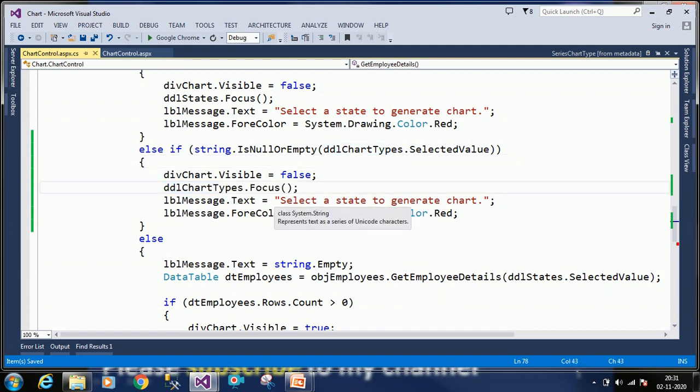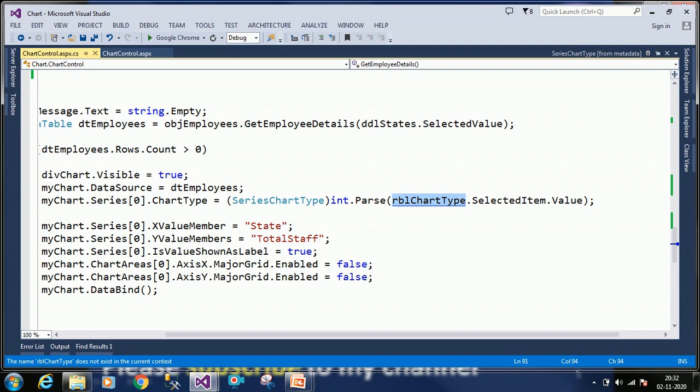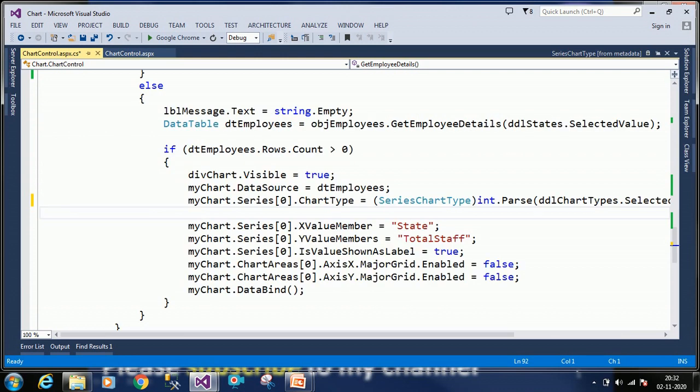Then we have to show the message select any one chart type. We are showing this message whenever the user has not selected the chart type. Now we have to pass the chart value from DDL chart type dot selected item dot value.